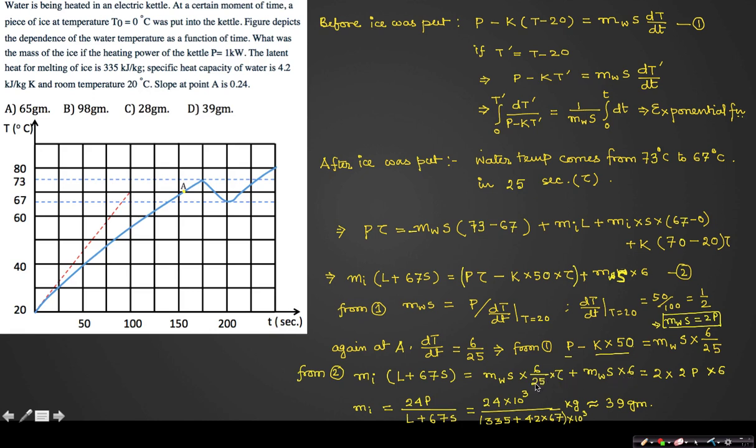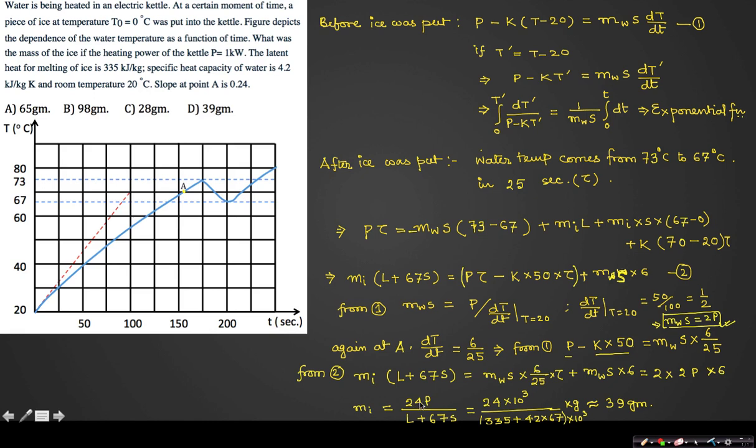Now tau and 25 will cancel each other, and both the terms are now mws into 6. So it is 2 into mws, which is 2p from this equation, multiplied by 6. So that is